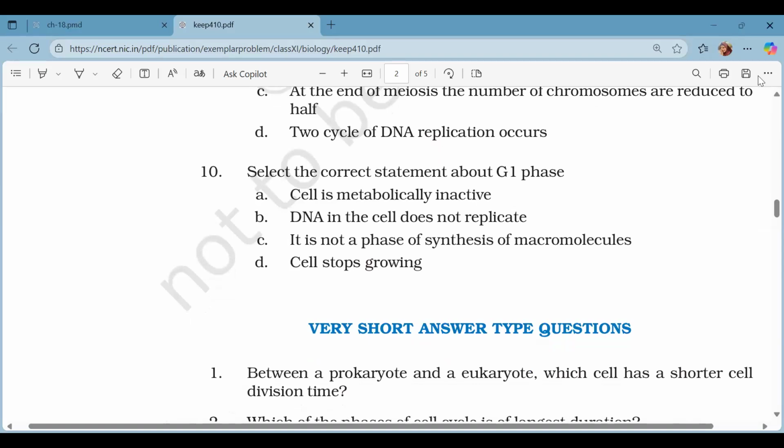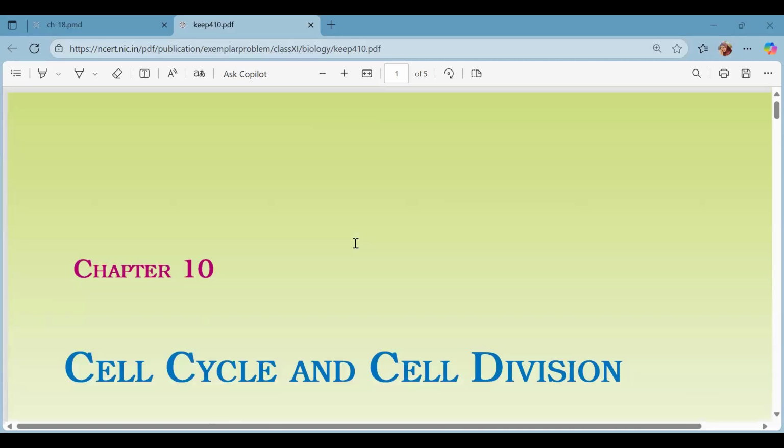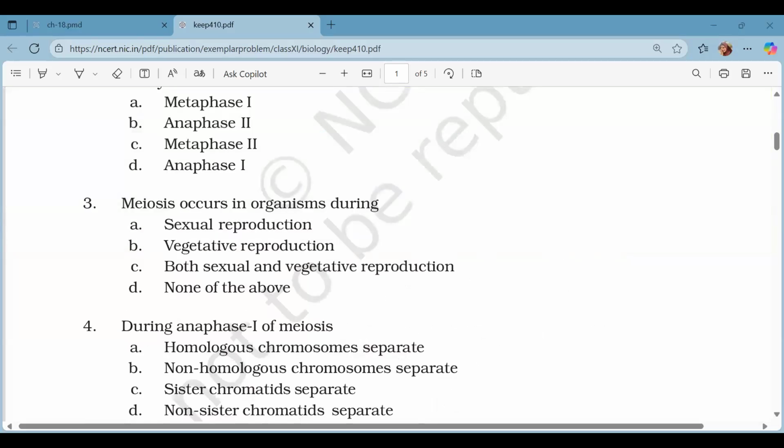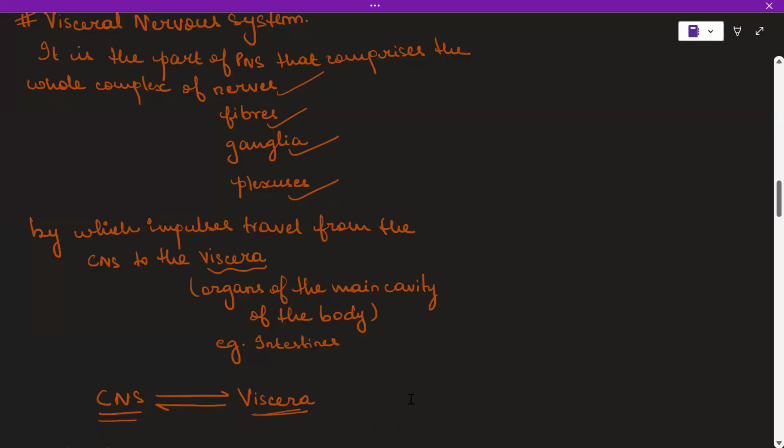Okay. Any doubts, students? Any question that you people got stuck on? No, ma'am. Okay, and have you understood everything I taught in the neural control intro part? Yes, ma'am. Okay. All right, students. So now let us see what we have to study in the next class. After this, we have to study about